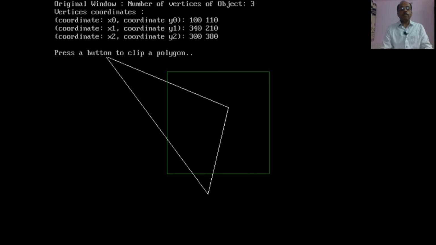So, the polygon is drawn on the screen. Students, you are seeing the output, and some part of the polygon is outside the visible window. Now, in the graphics package, we will eliminate the parts which are outside the window. This program will eliminate the parts. For that very purpose, the algorithm has envisaged all the requirements. So, we have to only press a button.